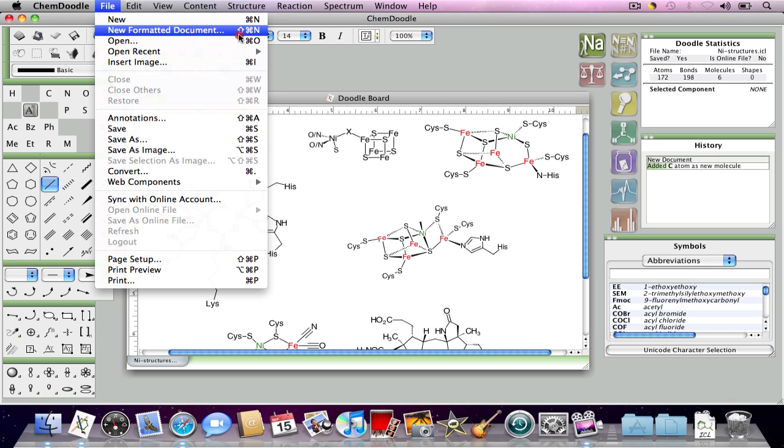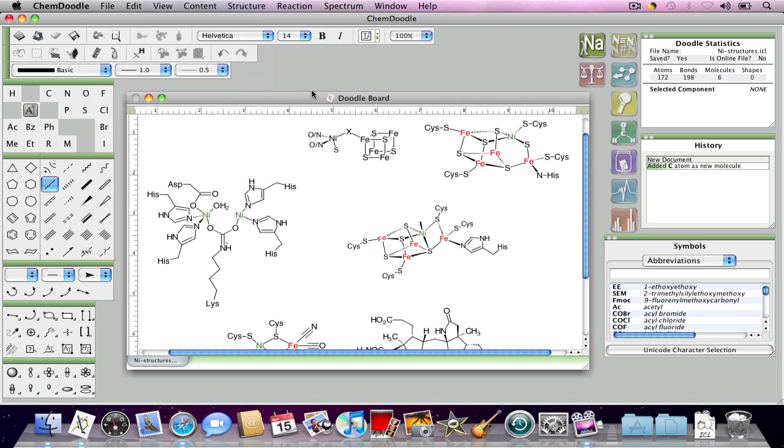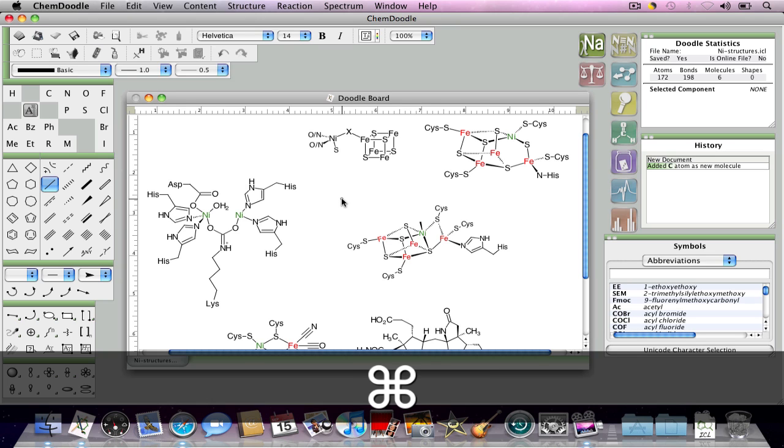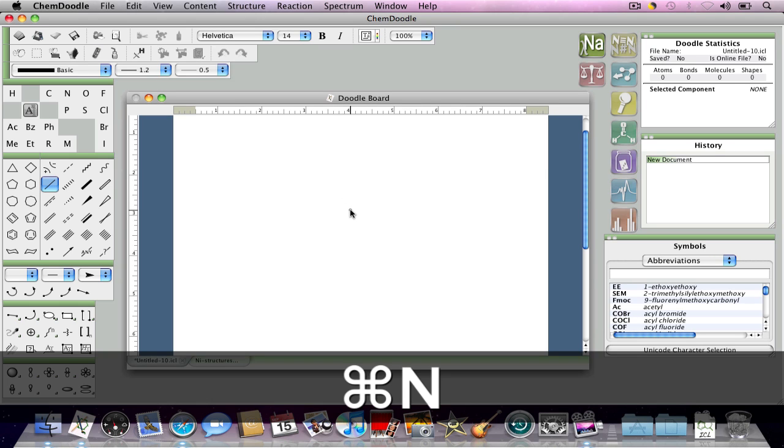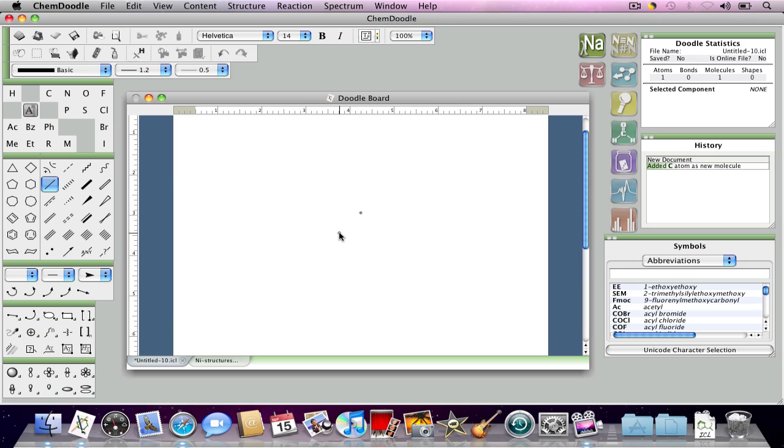You may have noticed that next to each menu item there are combinations of keys listed. By pressing these combinations of keys, such as holding down Command and then pressing the N key, or holding down Control and pressing N on Windows or Linux, you can create a new document without having to go to the